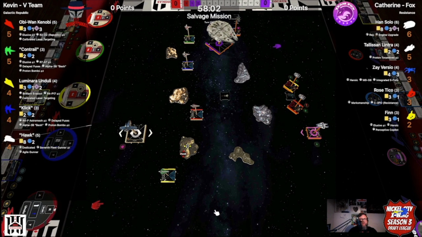All right, everyone's picking up crates. So we got Click picking up a crate there. So now Click and Hawk on Team V team have crates. And we have, yep, so we do get Lumi going in very aggressive. A little surprising, but probably trying to avoid